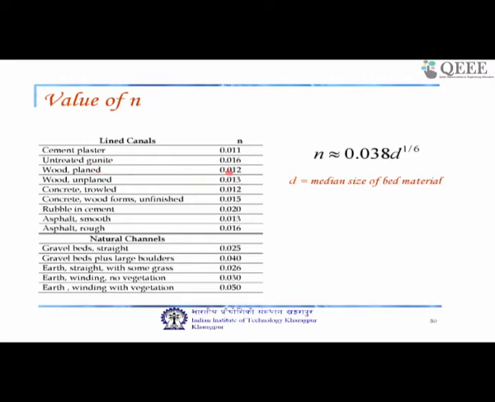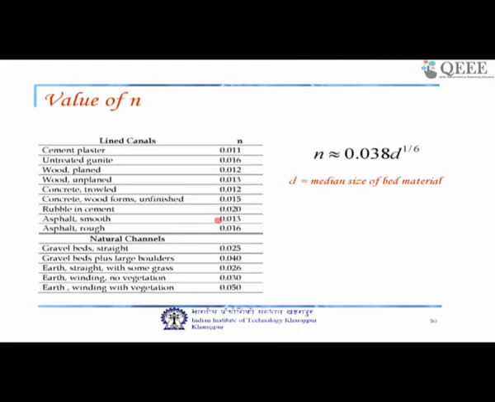Wood is 0.012. Concrete trowel finish again 0.012. Asphalt 0.013, and for natural channels, gravel bed 0.025, 0.024. So, you can see that for natural channels the N value is higher